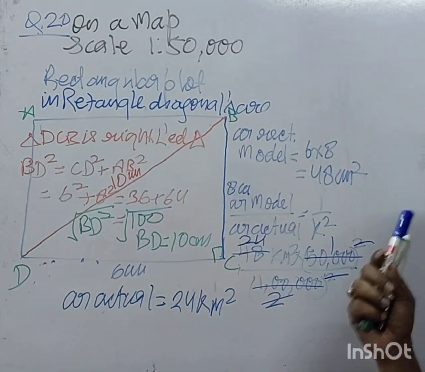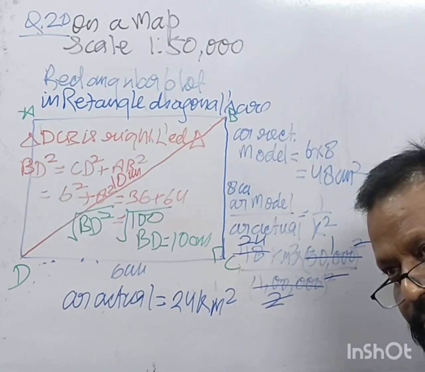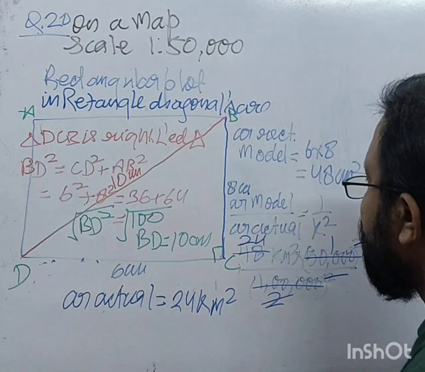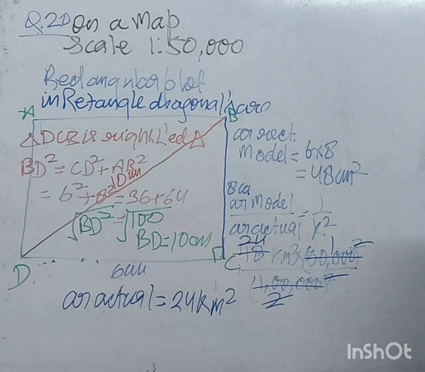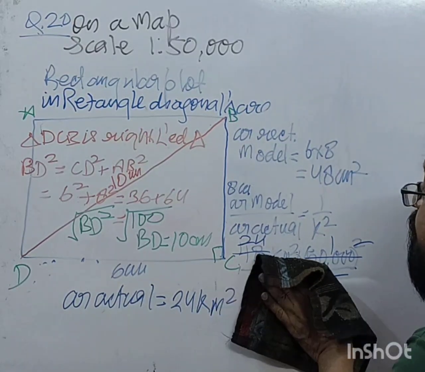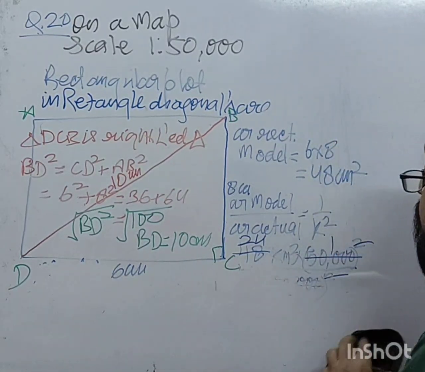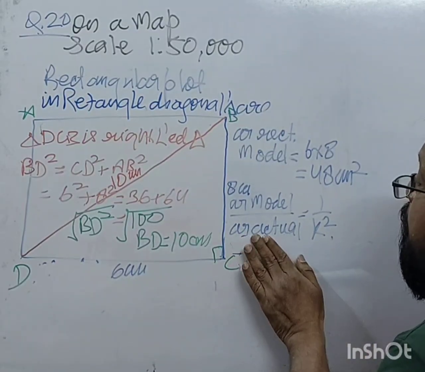Area is 48 centimeter square. So if we have done this, square and square is gone. But if we do not do like this, right, and we write